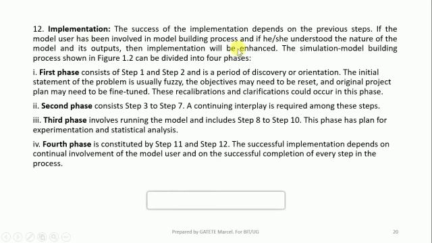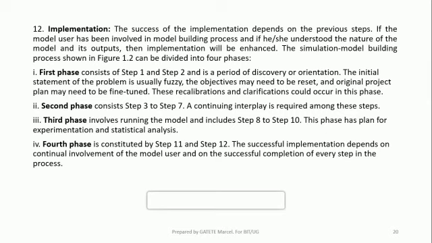If the model user has been involved in the model building process, if she understands the nature of the model and its output, then the implementation will be enhanced. As I said previously, you have to involve the customer or user, the person who will use the system.